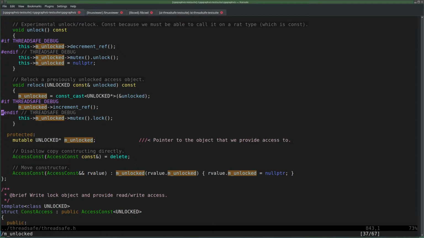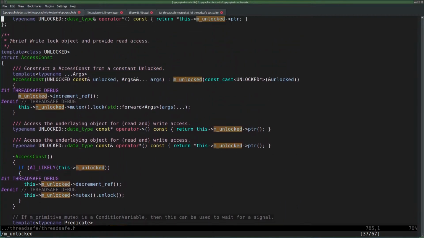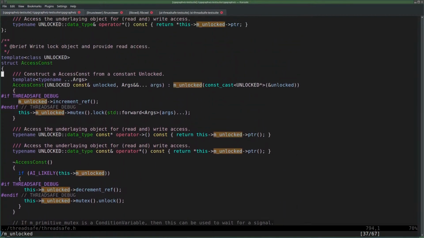The point is, suppose I have the unlocked template. Now I want to pass to an access const of an unlocked base.